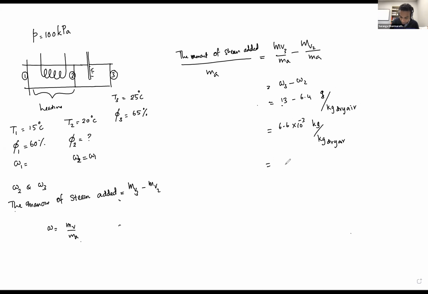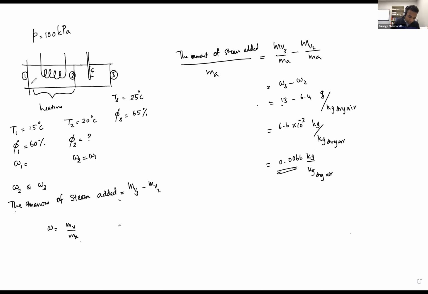So if I write it in terms of 0.0066 kilograms per kilogram of dry air, right? So that's what it is. So this much moisture is added in the humidification. Now we want to find the amount of heat transfer. So to find the amount of heat transfer, if you get this control volume here,